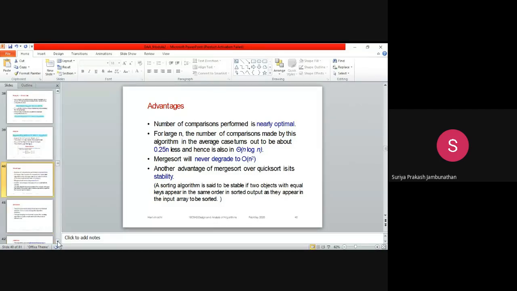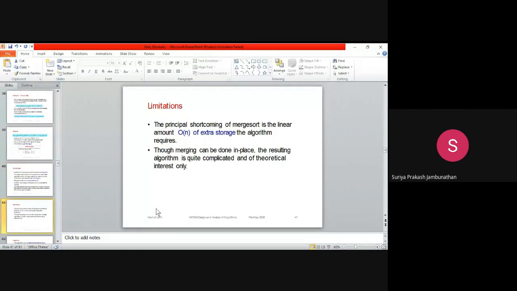Next, the limitations of the merge sort algorithm. Here, the principal shortcoming of merge sort is the linear amount, big O of n, of extra storage the algorithm requires. What they are telling is that the space complexity of the algorithm will be large. So our algorithm will work with maximal memory, and the space complexity will be very high.